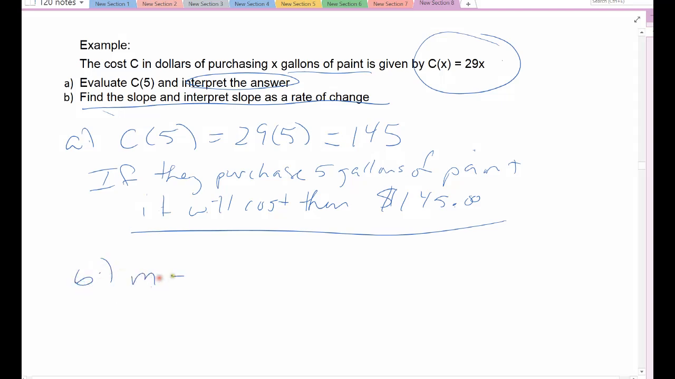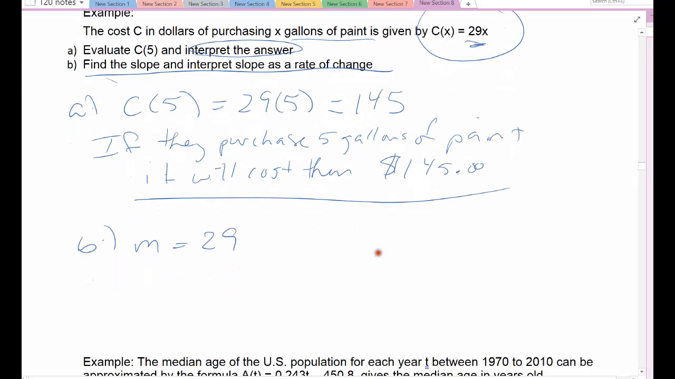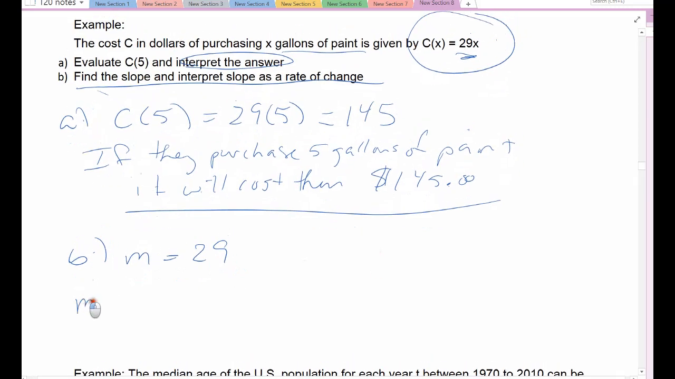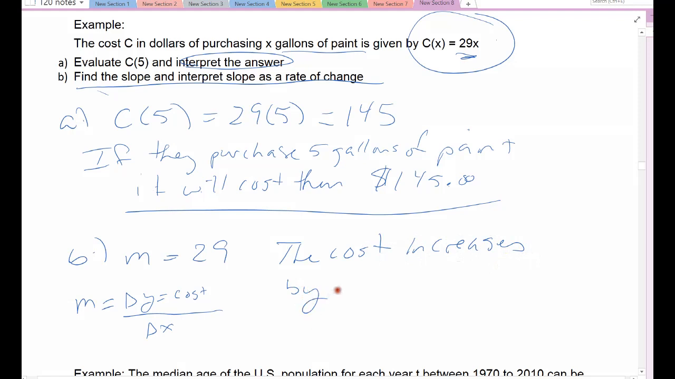Alright, part B, the slope part. Well, the slope is the number in front of the x value, which in this case is 29. And so the slope, remember, slope is the change in my function, which in this case is cost, over the change in x. And so that's what we're talking about. What's the change? Well, the cost increases, this is positive, by, so the cost is in dollars, $29, right, that's the units, $29